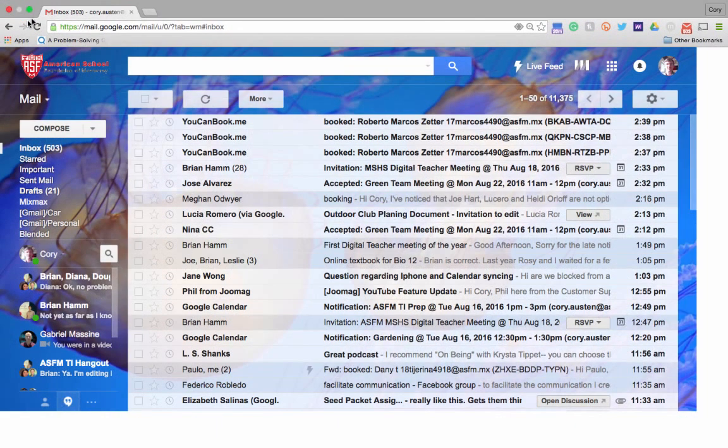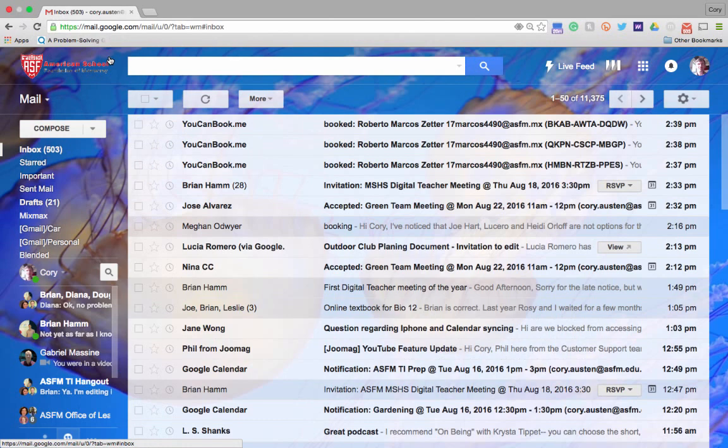Working within Gmail, but more specifically, we're going to be looking at contacts and how to clean up some of your contacts, and also how to create new custom groups so that when you type in the email, you can send an email to a group that you've created or to a group that the admin has created for you. So just to give you some background, last year we did a migration to Gmail, so some of our